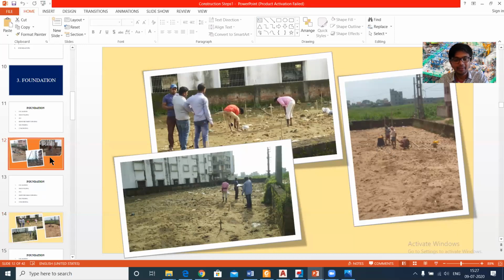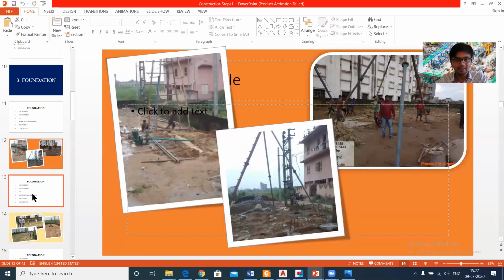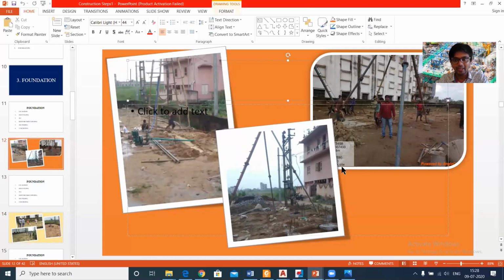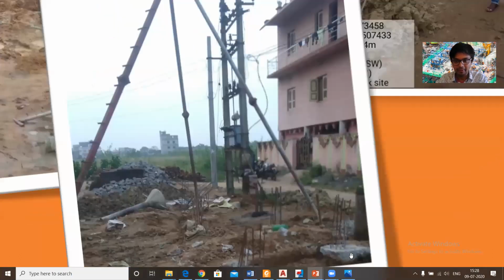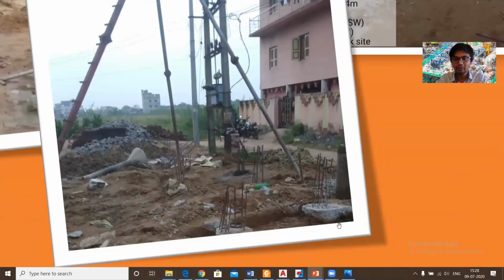But if we have pictures, then we could visualize this properly, like in the case of your pile foundation. As you can see here, this is your pile foundation, and if you zoom in and see if we have any. Okay, we have one here. I'll send you a video also in this group. We had a video on YouTube. So you have this pile here, and this particular thing is called the pile head.